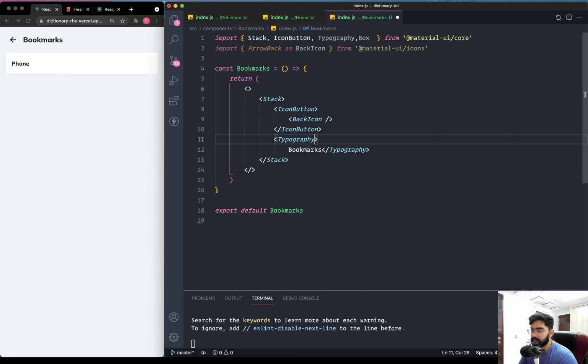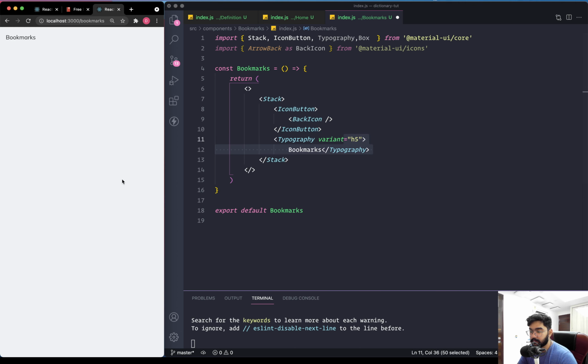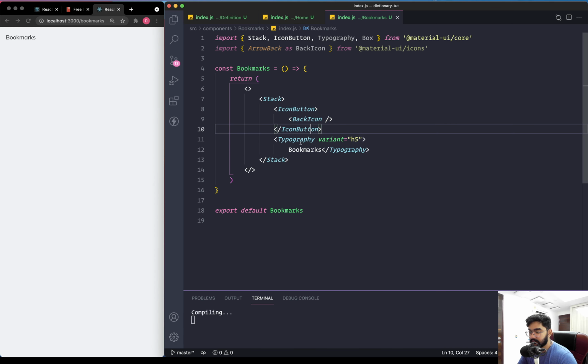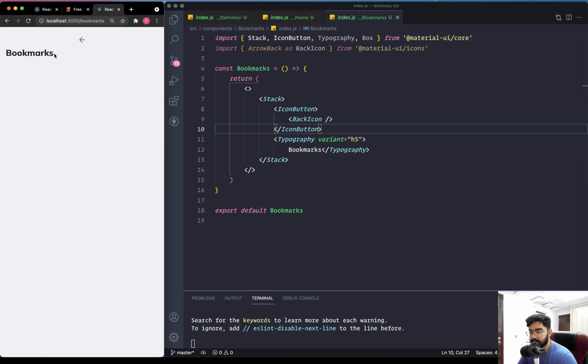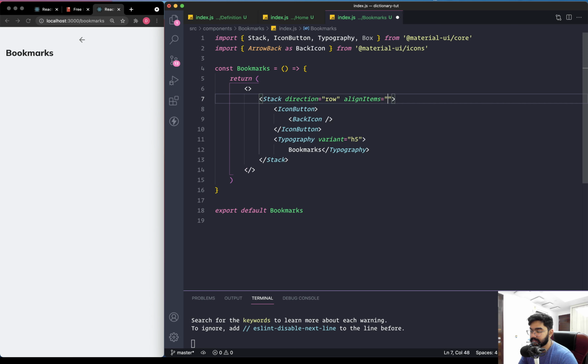Now on the typography we can change the variant to be of H5, and on the stack component we need to change the direction because the default one is column, which will align these two like these two. The icon button and the typography are going to sit on top of each other if we just leave it the way that it is. As you will see right over here, we have the icon and we have the text. So in order to fix this thing, let's change the direction to be of row, and at the same time let's set the align items to be of center in order to align these two in the center in cross axis. Let's do that,